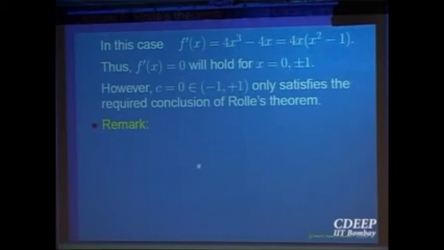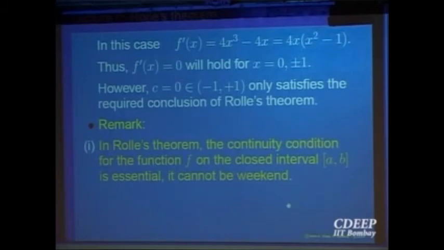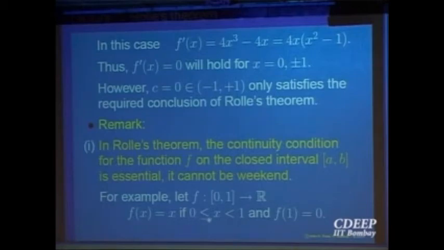These remarks, I think you have gone through quite often: all the conditions in Rolle's theorem, that is continuity in the closed bounded interval [a, b], differentiability in the open interval (a, b), and the values being equal at the endpoints, none of these conditions can be dropped to get the conclusion of Rolle's theorem. So, examples. For example, continuity. Let us look at the function f(x) equal to x in [0, 1),